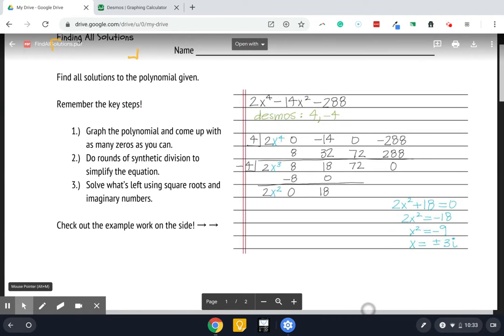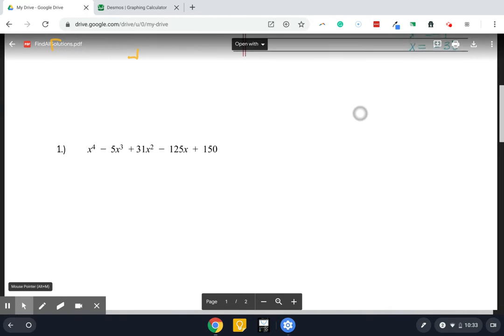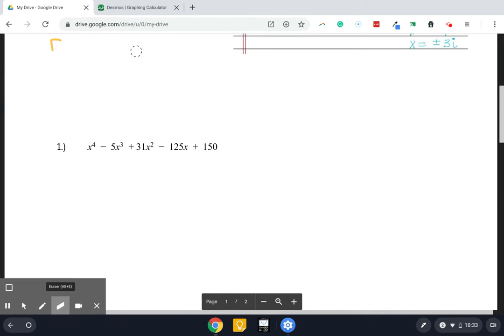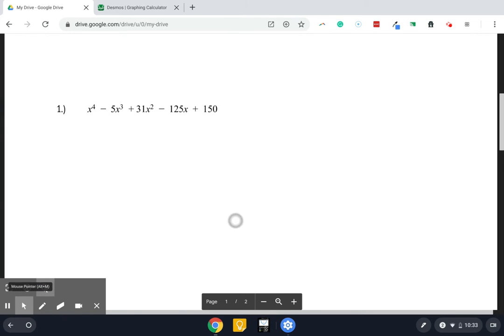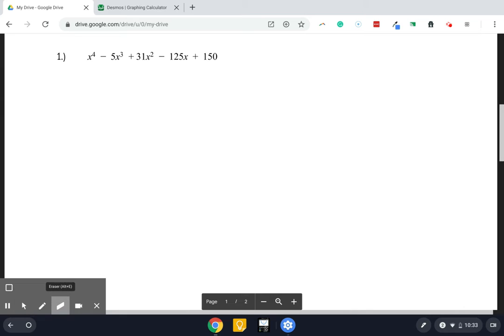There are directions up at the top, but I realize those might be hard to navigate. So let's actually just walk through number one and get started. In number one, you've got x to the fourth minus 5x to the third plus 31x squared minus 125x plus 150. And as I am working through this, there's a couple things I'm going to do every single time. The first thing I'm going to do every time